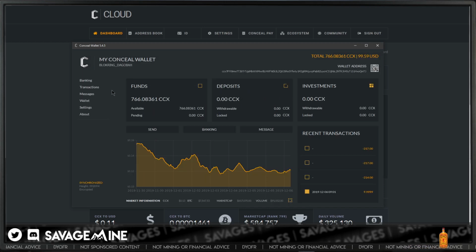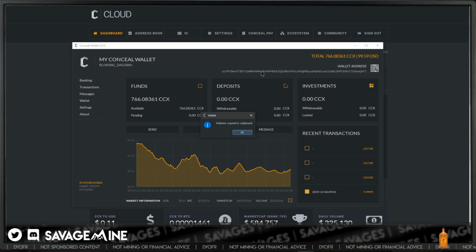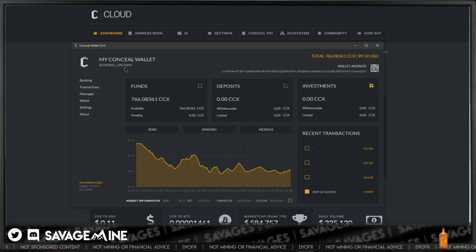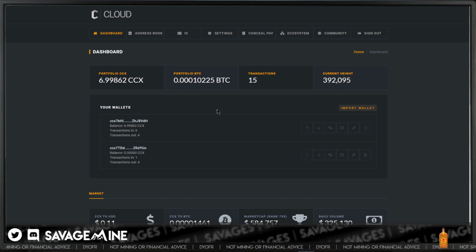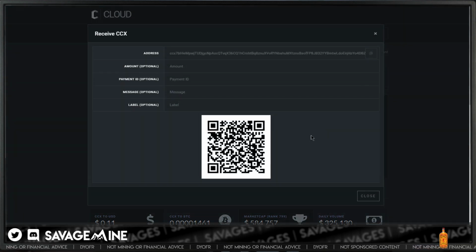All right. So what I'll do is I will grab this address here. So I copied that address, and this is just one of my rigs' personal wallets, one of my co-owned rigs, and we're not going to be transferring a lot, so it's not going to make a difference. But I'm going to copy that address. I'm actually going to send to it anyway, so it doesn't matter. And what I'm going to do, oh wait a minute, that's not going to work, because I need to send from, okay, let me clean this up a little bit here. All right, so I'm a little bit tired. Give me a second.